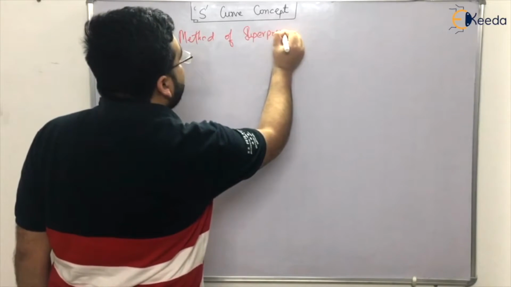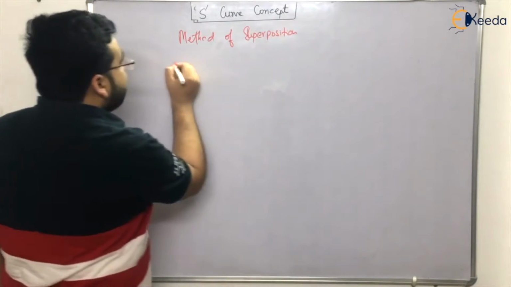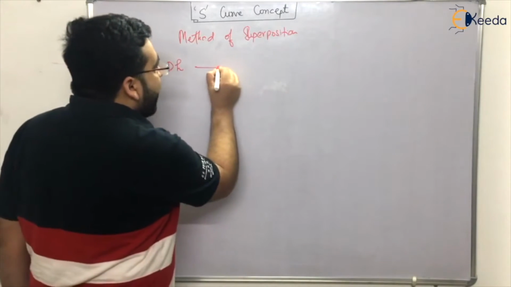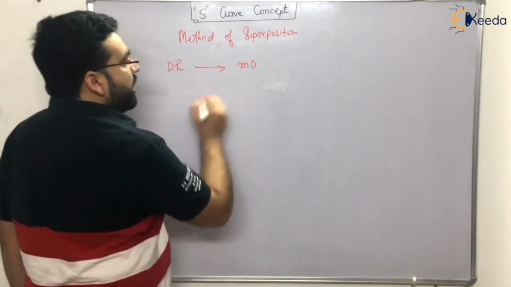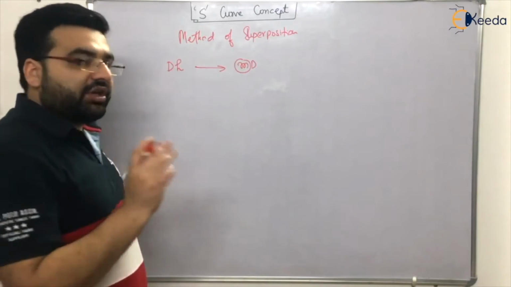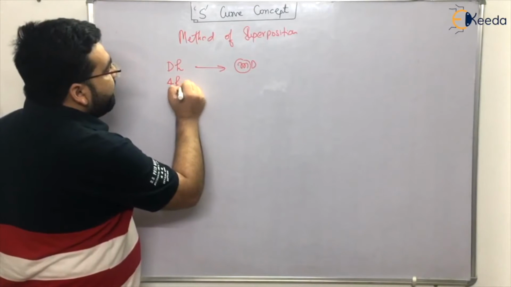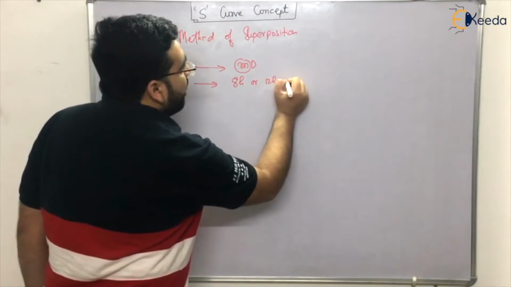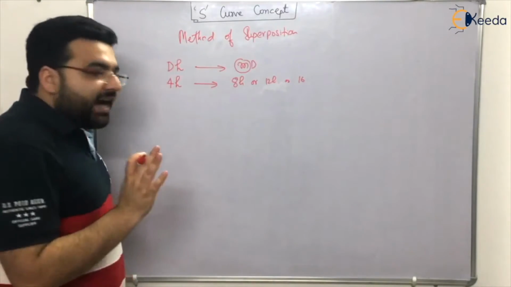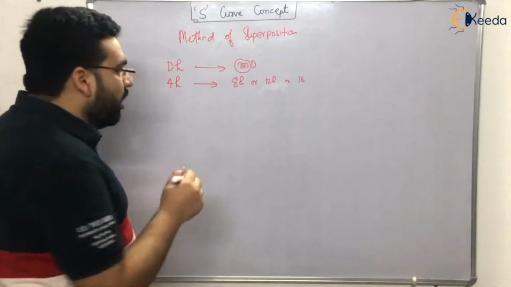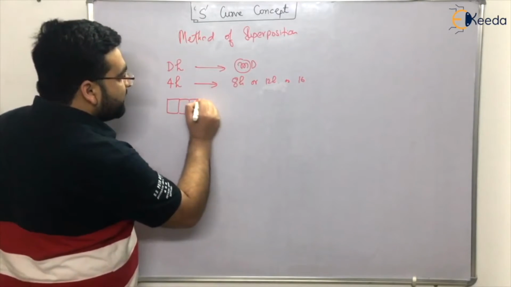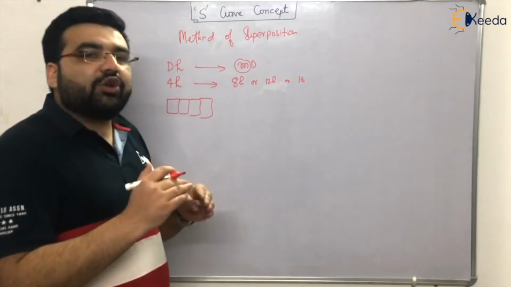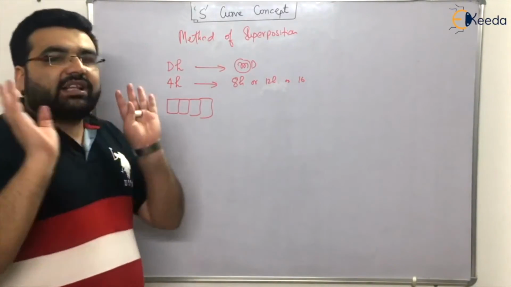in superposition, let us say a D_R unit hydrograph has been given to us, and we have to determine an M into D_R unit hydrograph, where M is a positive integer. For example, a 4-hour unit hydrograph has been given and we need to determine 8 hours or 12 hours or 16 hours and so on. At that time, we can apply the method of superposition. How? 4 hours plus 4 hours plus 4 hours plus 4 hours, combining everything and delaying the values by that particular time interval, you can get the value.